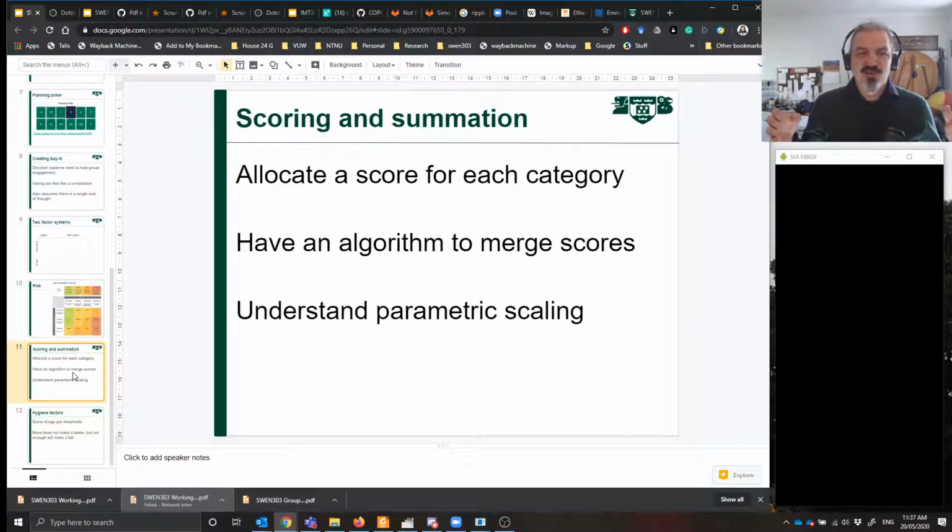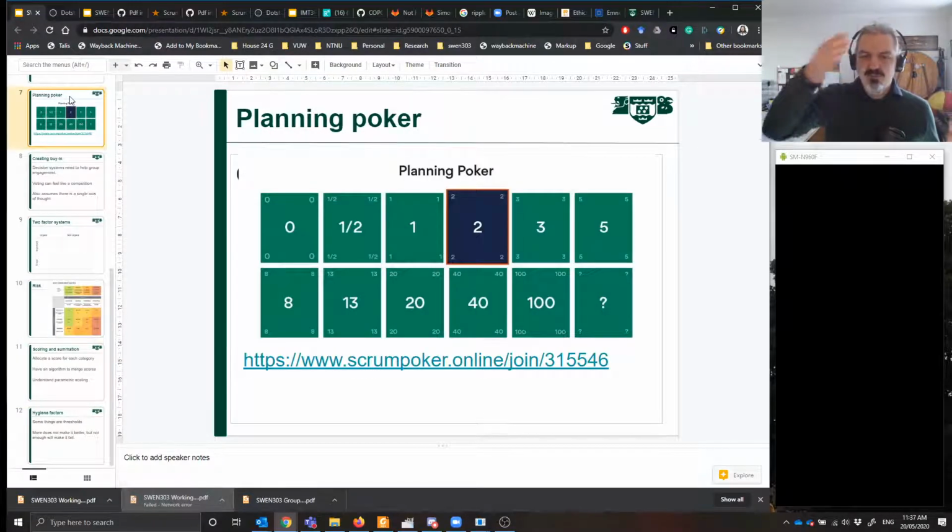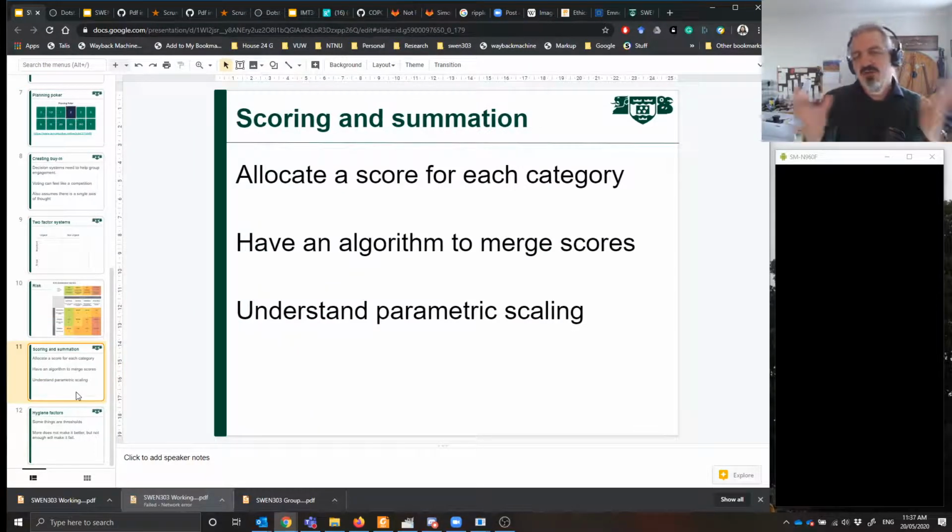So this idea of having things done at different levels. You can have planning poker that goes 0, a half, 1, 2, 3, 5, 8, 9, and these sort of numbers. This is saying I'm not just going to do linear. I'm not going to say category A, B, C, D. I'm going to give those numbers, but I give numbers that are wide enough to express more than just a linear thought, right? So you have to start thinking of some kind of non-parametric and parametric scaling, because averaging